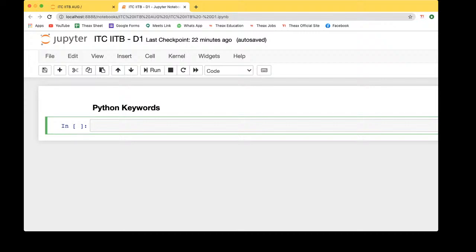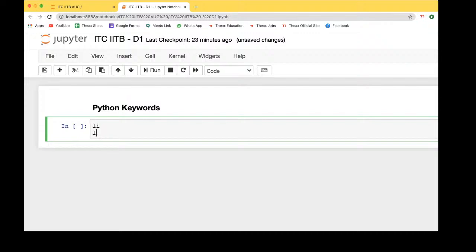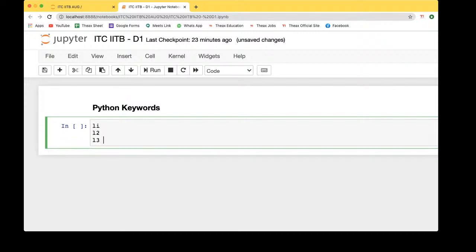See guys, the difference between compiler and interpreter is this. Whenever you write some code, let's say this is line 1, this is line 2, this is line 3. Let's say you are making a website and you are writing 150, 200 pages of code, and you get some errors. What exactly is the problem there?